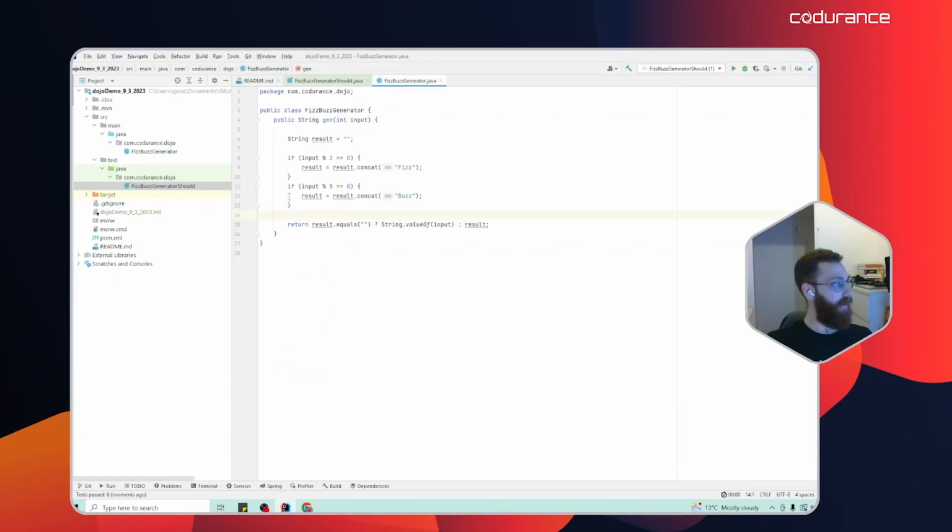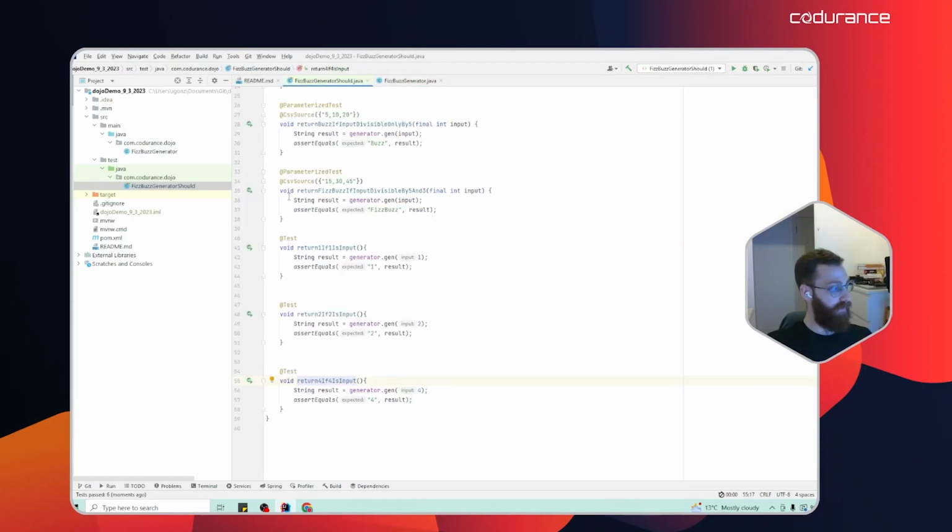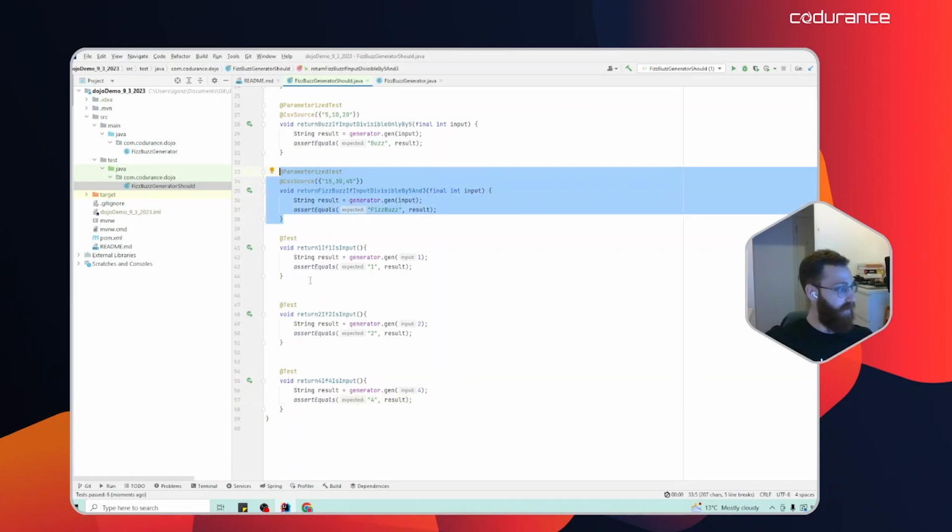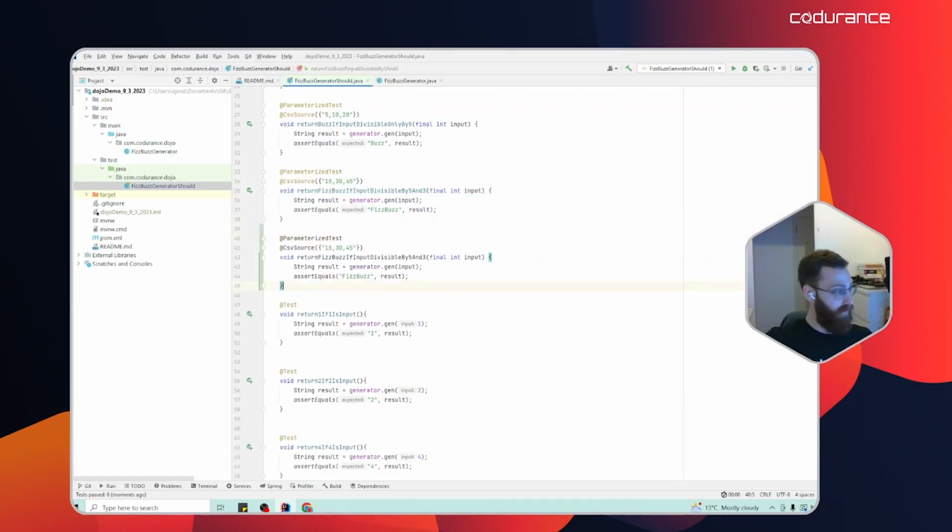All right, so we find ourselves again in another refactor, and the one that I can actually propose is another parameterized test in order to take care of the last type of behavior. So let's go ahead with 1, 2, and 4, and in here return input if input not